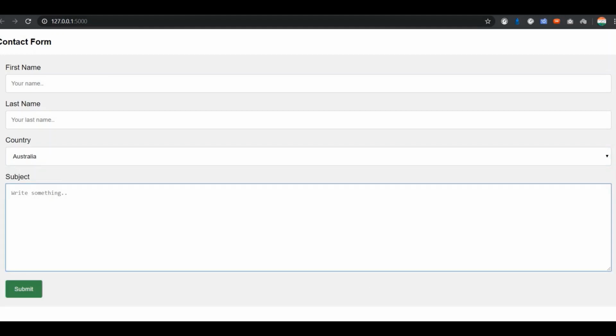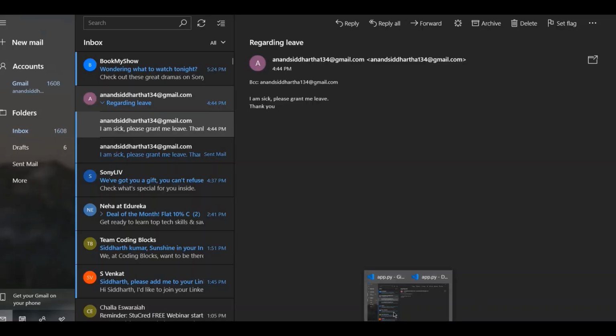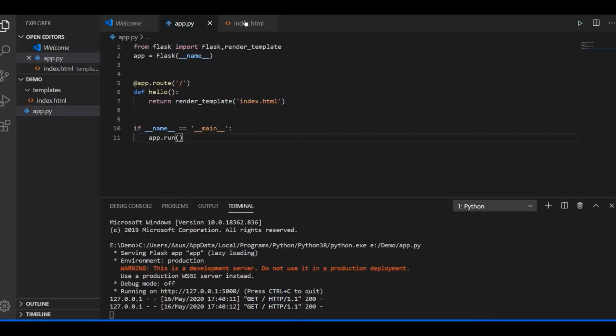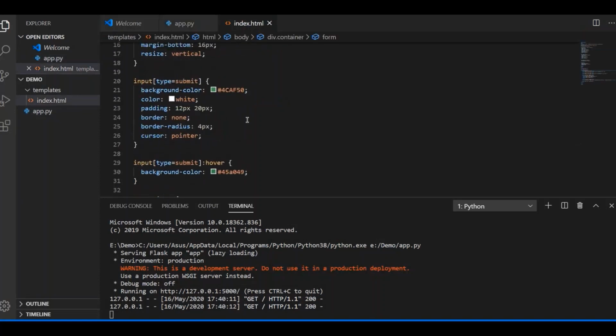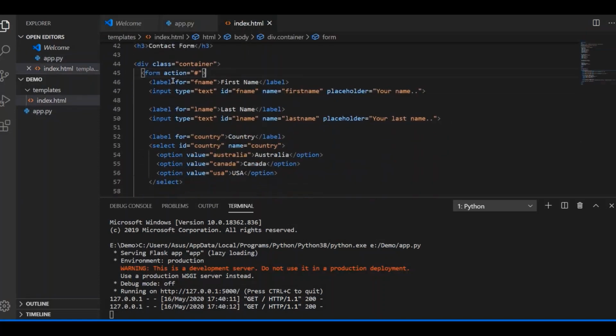So now we will modify our index.html file according to our requirement. So what do we want? We want first the email, first the subject. So this will be for subject.